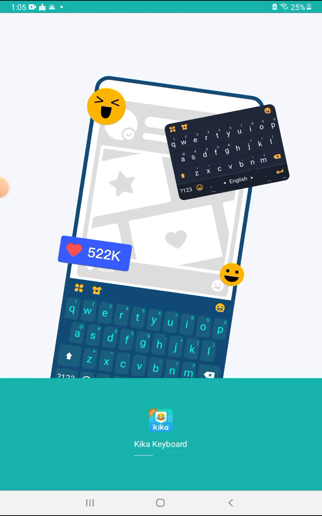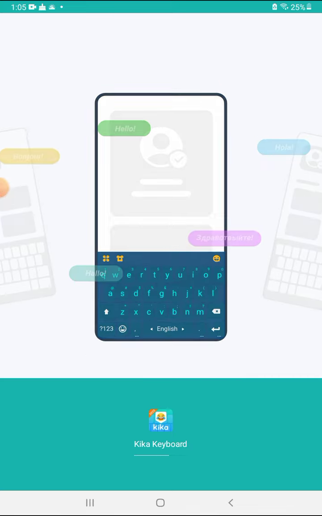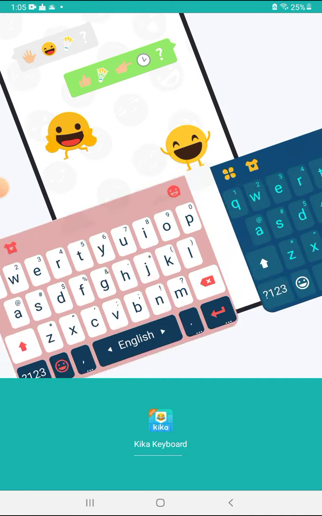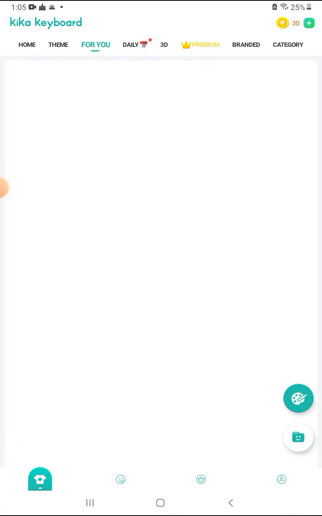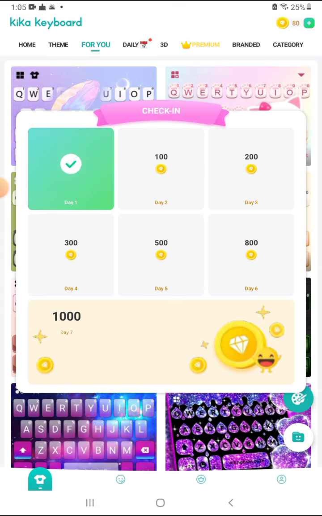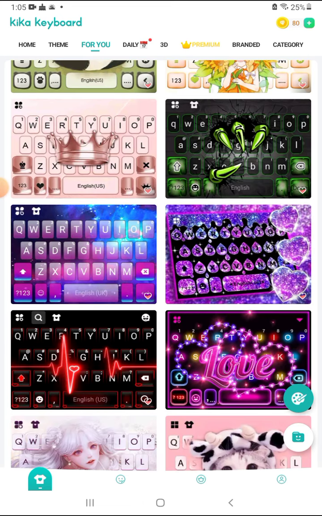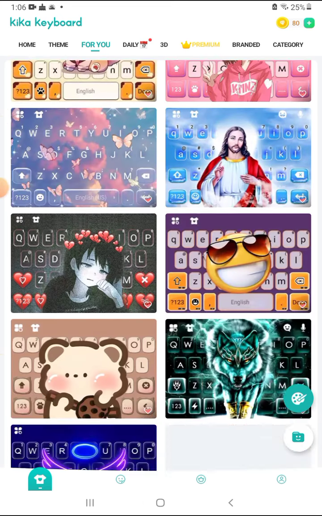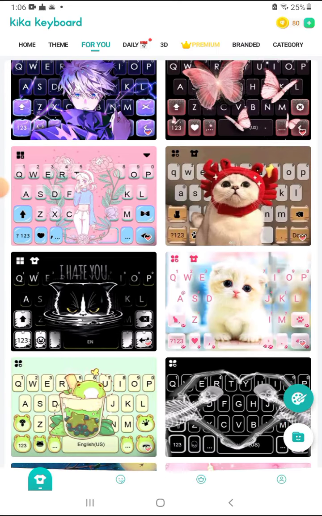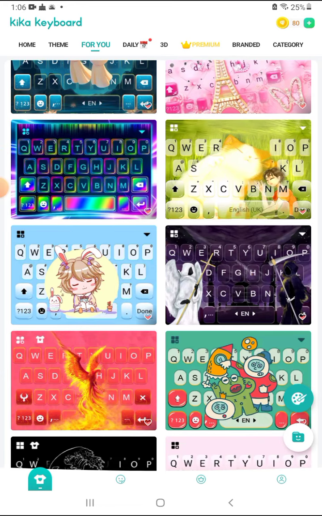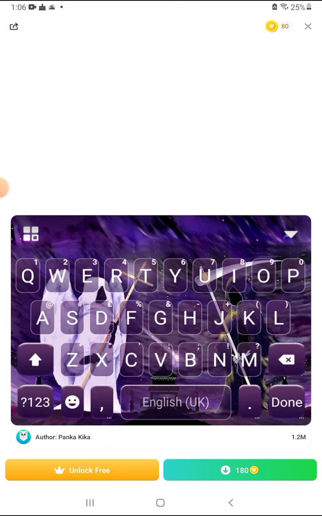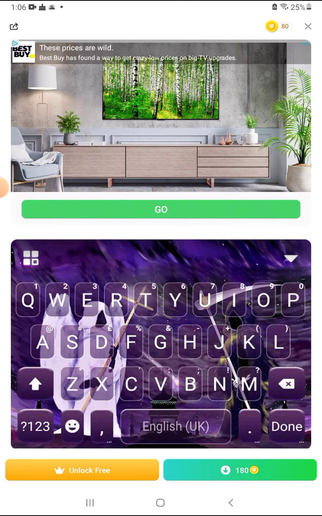First, you should get this app called Keyboard. Can do like notes. You get a daily bonus right here. Then you can come here and pick whichever you want. And then to get the keyboard, you have to watch some ads, but it's all worth it at the end because you can get this keyboard while typing. Let me show you.